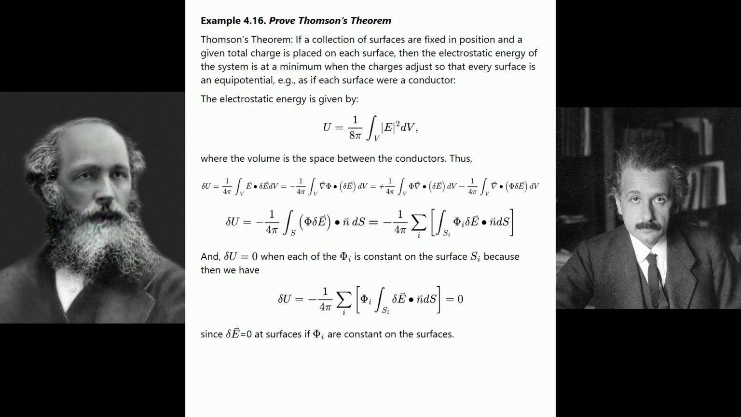The electrostatic energy is given by U equals 1 over 8 pi the integral over V of the absolute value of E squared dV, where the volume is the space between the conductors. Thus, see the next equation. See the equation shown. And delta U equals 0 when each of the phi sub i is constant on the surface S sub i, because then we have, see the next equation. Since delta E equals 0 at surfaces if phi sub i are constant on the surfaces,